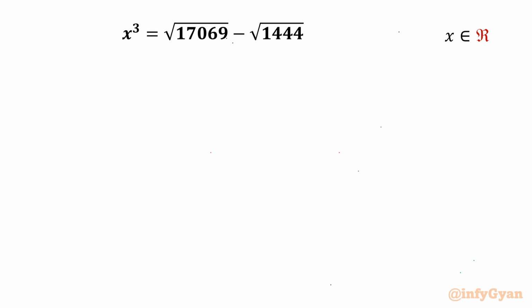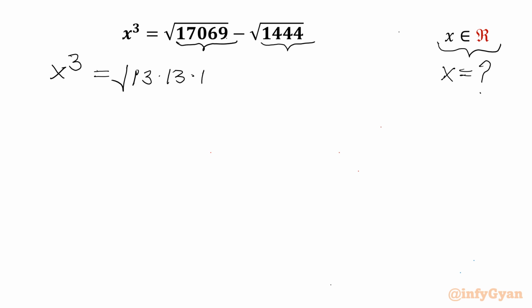In this video, we are having another challenging and interesting question from algebra. x cube is given equal to square root 17,069 minus square root 1,444. x is real and we have to find out x. So let's get started by writing factors of 17,069 and factors of 1,444. Let us write x cube will be equal to square root 13 times 101